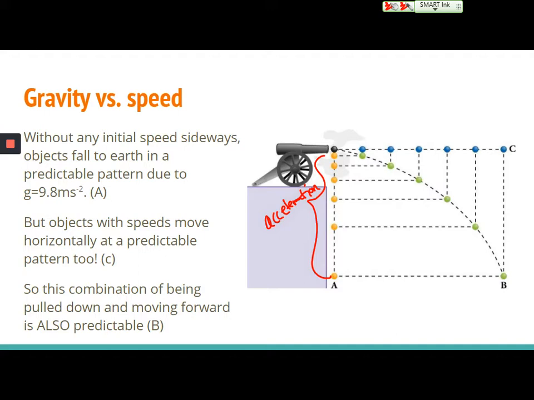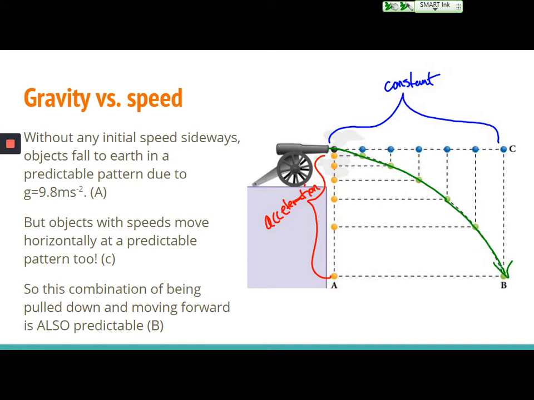But we also know that objects that move sideways have constant velocities, unless there's something accelerating them. And so we would get a predictable motion, like here, constant motion to the side. And so when you combine those two, you end up with this pattern, B, and the trajectory of an object,